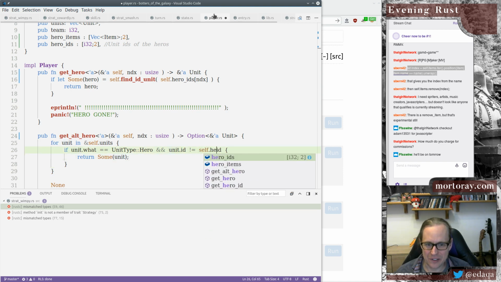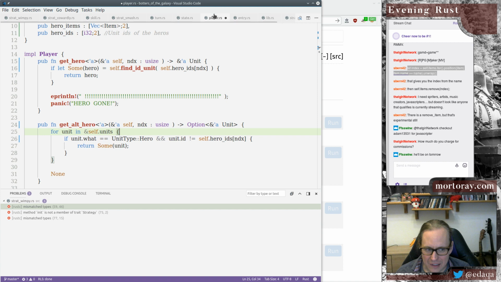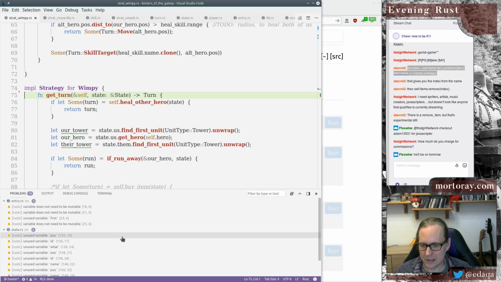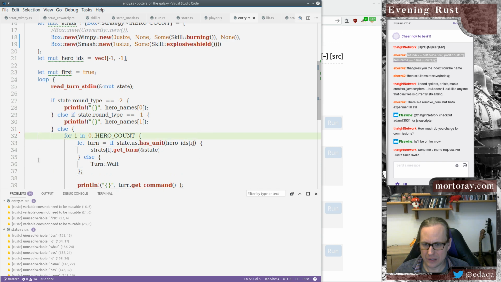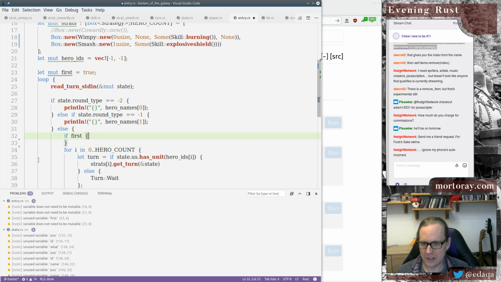Unit ID equals self.hero IDs index. There we go. Init. There, we don't need this init anymore. But we're missing something. We have to set something up still. After we've done this one, we're going to do this. We're going to do the first again. If first equals false,